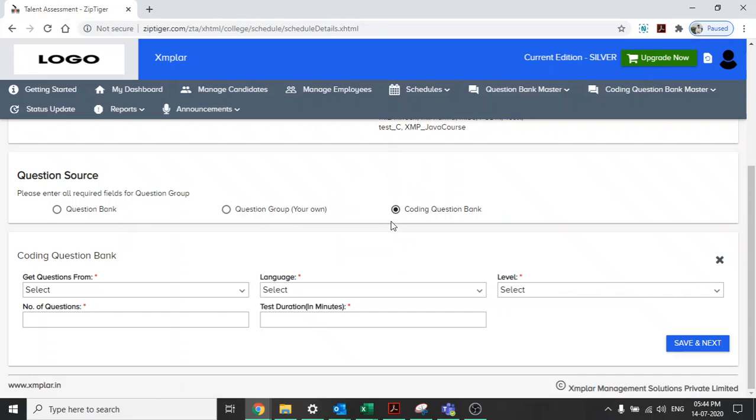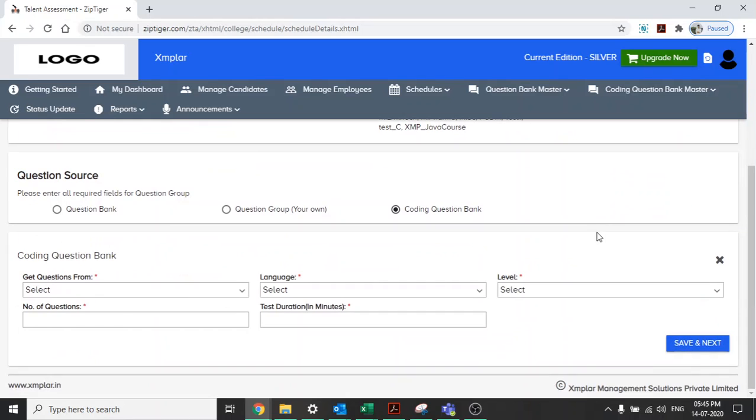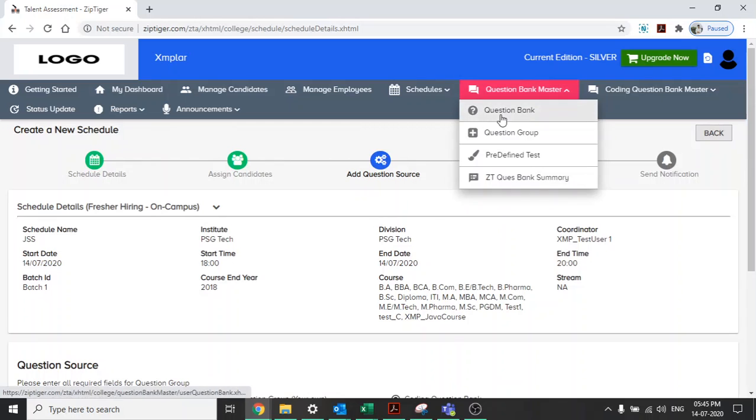Coding question bank: we don't have our own set of coding questions, but you have a provision to upload your own set of questions. We also have a code evaluator where you can enter the 4 test cases, and the candidate has to write the code and pass all 4 test cases. Then it says yes, cleared, or else it is not cleared. You also have a provision to view the code the candidate has written, in case you want to check his logical thinking. So that is about the coding question group.